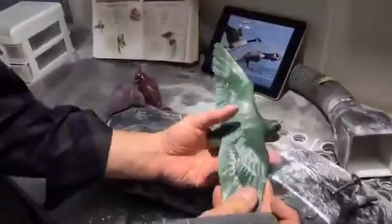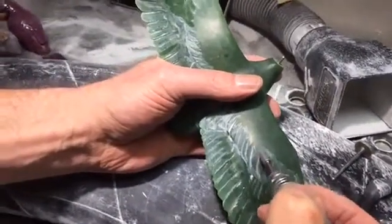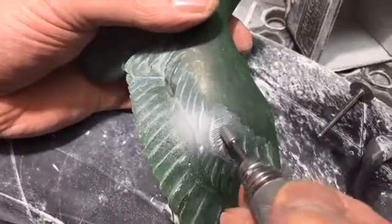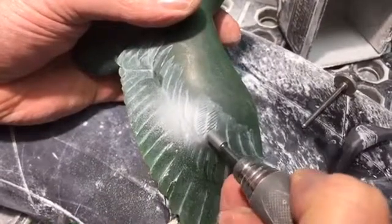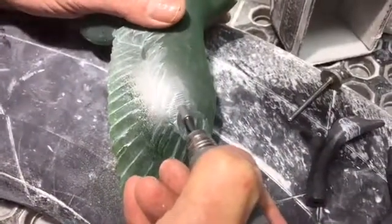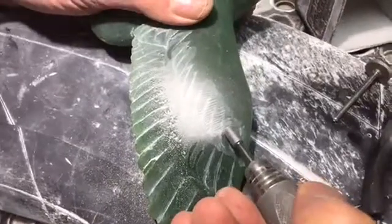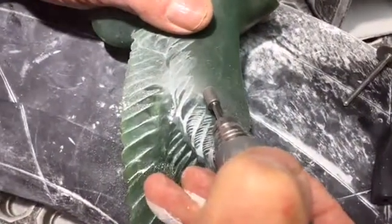Let me just show how the feather pattern works. Now this really brings a lot of life into the piece by doing this. It really shapes and adds to the feathers. So every feather has a line like this, and so every feather will get this treatment and beyond, so we can add other feathers to this